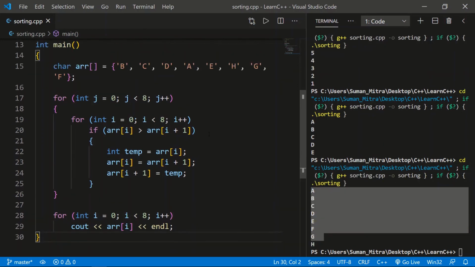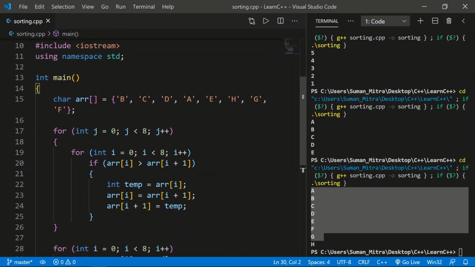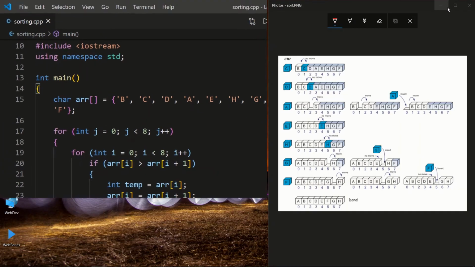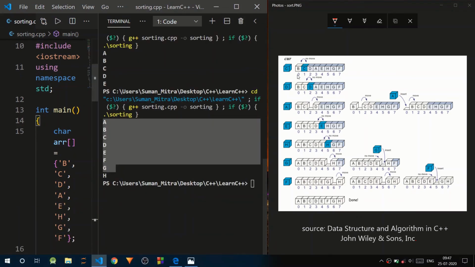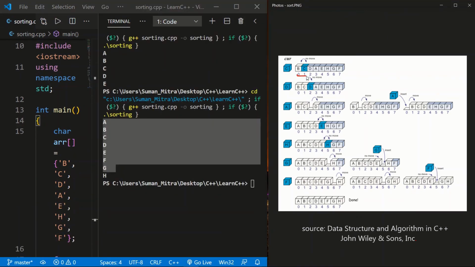I hope you understood. If you're facing any difficulty or not understanding, you just bring your copy out, and in the copy you can write it and see how this shifting is taking place. I'll show you the image one more time so that you can understand better. It will check one by one. From the first, it will check the 0 and 1 position, then 1 and 2, 2 and 3, 3 and 4, 4 and 5, 5 and 6, and one by one it will be checking all.